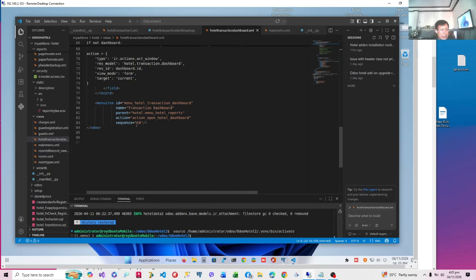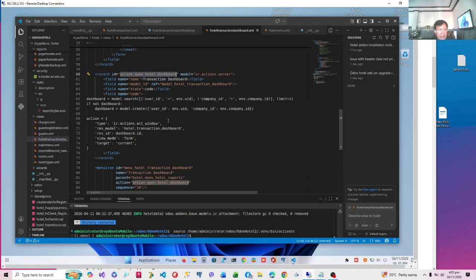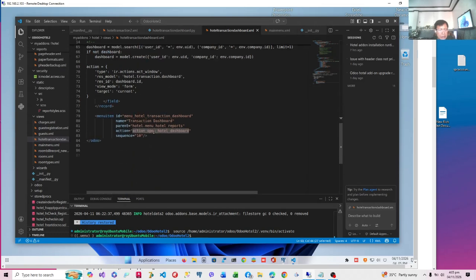Now, the hotel transaction dashboard has a menu action, called action open hotel dashboard, and then it has a menu option called menu hotel transaction dashboard.